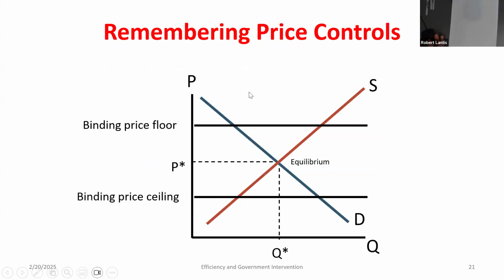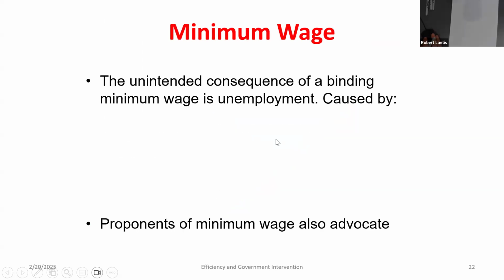I've got a summary here of when they're effective. An effective price floor has to be set above. So one way of remembering this is, when are these effective? A price floor is only effective if that old equilibrium is below it, right? So the only way it's effective is if the equilibrium is below the floor. An effective price ceiling is only effective if the old equilibrium price is above it. Right? It's memorizing, but also just drawing it out and thinking about what's going on, I think sometimes can help with that.